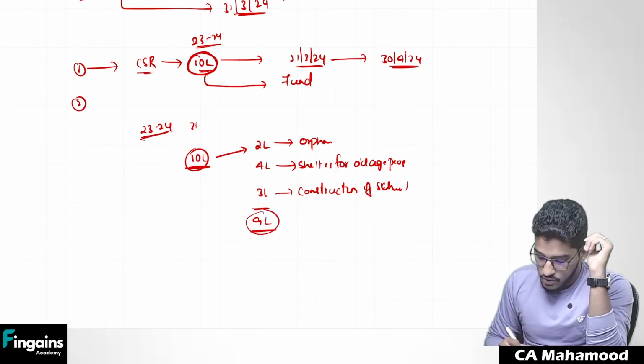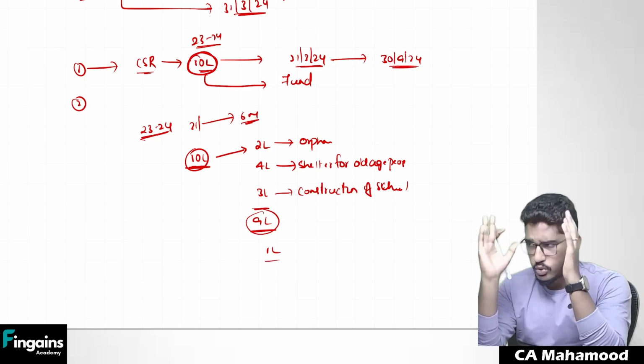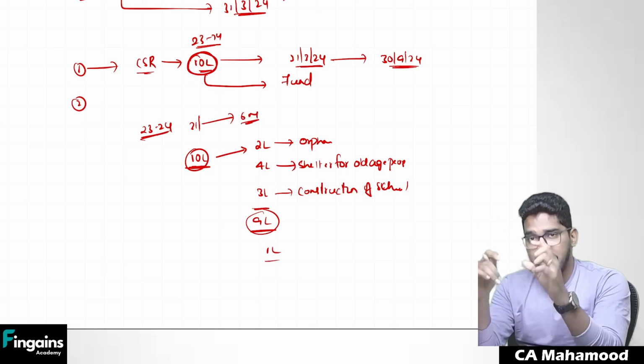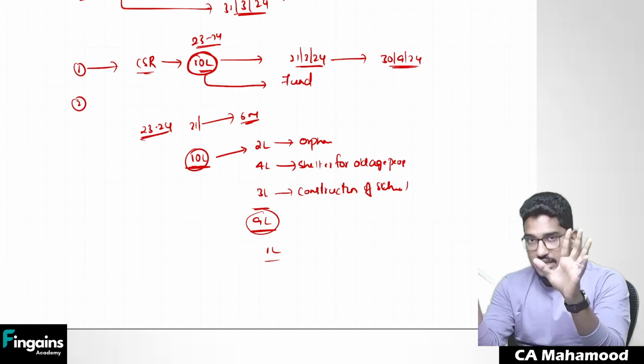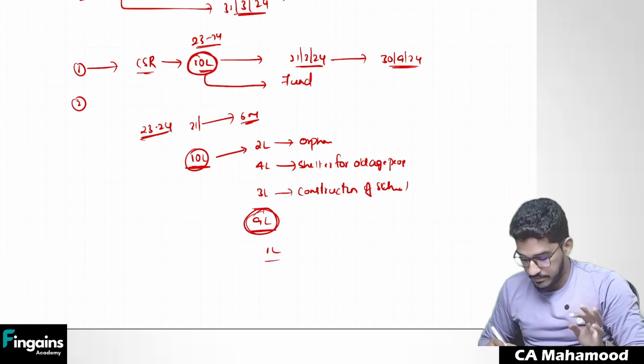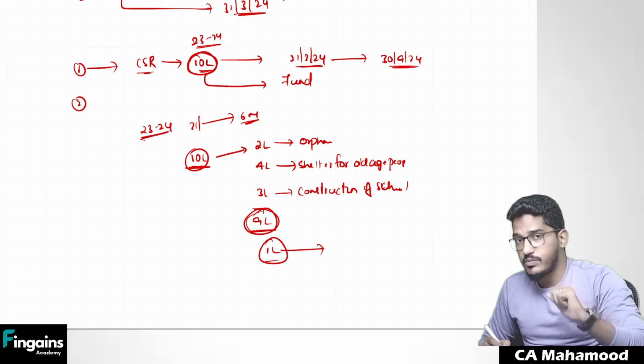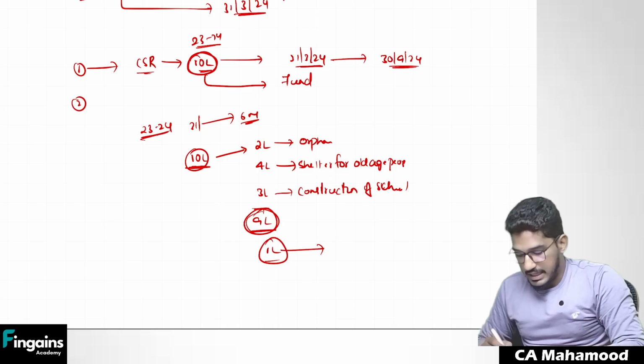Now the balance sheet date is over. After that, 6 months are also over. They don't know what to do with the remaining 1 lakh rupees. In total they have to spend 10 lakh. Out of that they have a project ready. I'm not telling they have spent, but they know what to do with the 9 lakh rupees. They have an ongoing project. But within 6 months from the end of the financial year also, they don't know what to do with this 1 lakh rupees. Now the Companies Act says, if you don't know what to do with this, you transfer it to